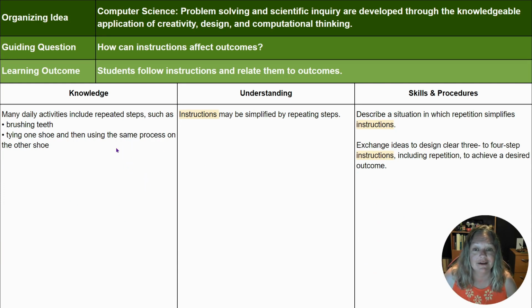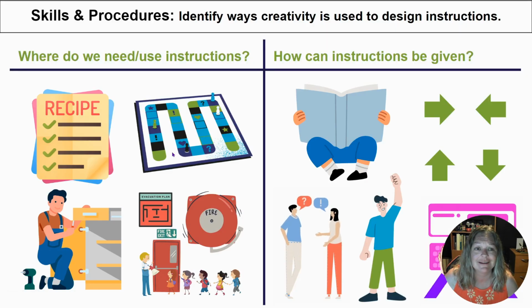So you in grade 2 have a heavy set of knowledge, quite a number of skills and procedures compared to some of the other grades in computer science, but it's still not anything that you need to be intimidated about. You're going to find that some of the things that you're already doing can easily be connected to this, and the things that you need to teach implicitly that you're not already doing are pretty straightforward and can be really fun to teach too. So the first skill and procedure that we'll look at is to identify ways creativity is